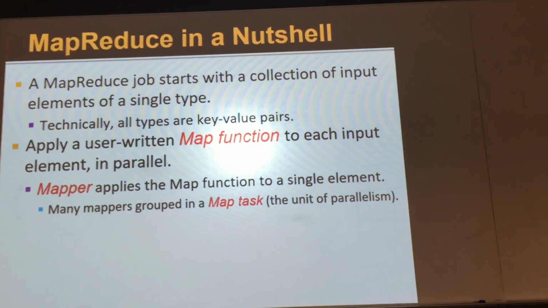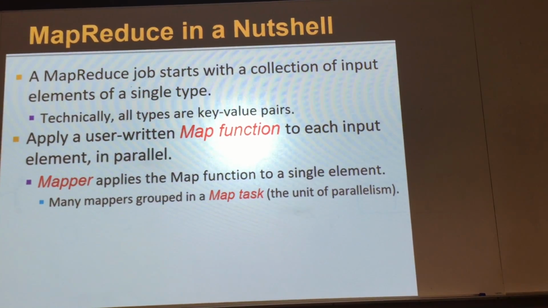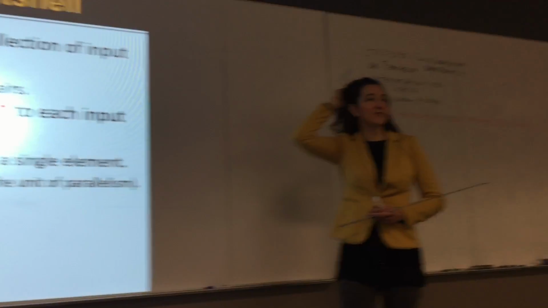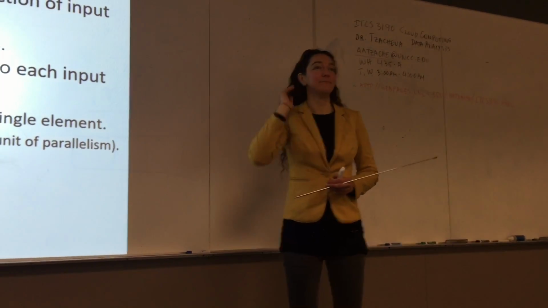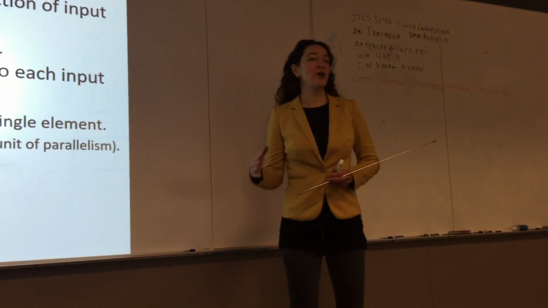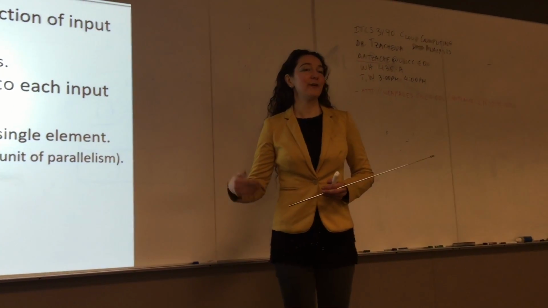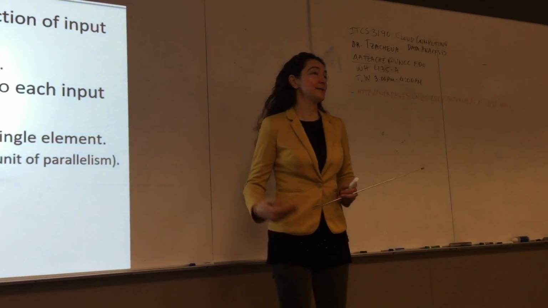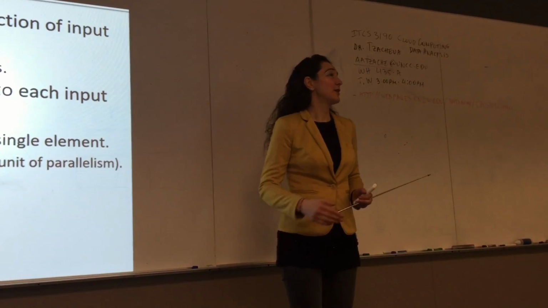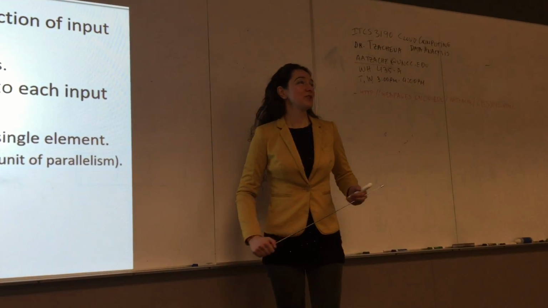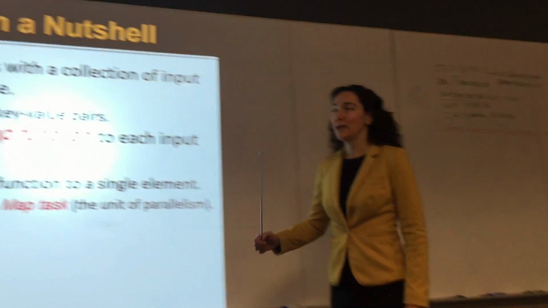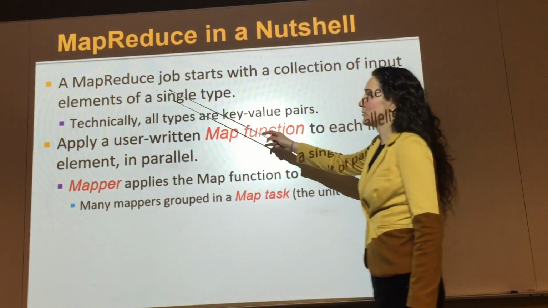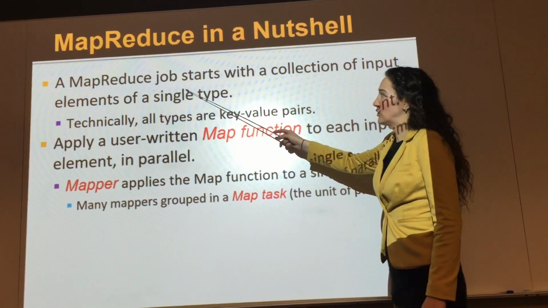So the cluster itself works in a batch mode. Like these very old computers, the very first computers worked in batch mode. You create a job, you give it to the computer, it runs the first job. When it's done, it runs the second job. When it's done, it runs the third job. We have the same situation here. It's a batch system, so it's going to create a job if you issue this MapReduce job,